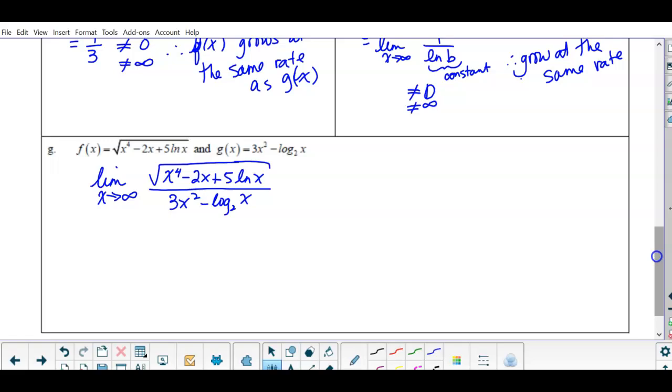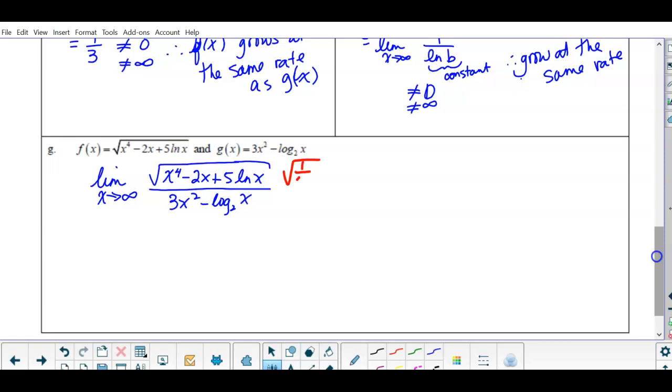So remember back to Math 31, these actually basically have the same degree. That's 3x squared in the denominator. Well, the root of x to the 4th is x squared. So what you could do, you could take the derivative, but think about that. That's going to be kind of messy if you do use L'Hopital's rule. So I would go